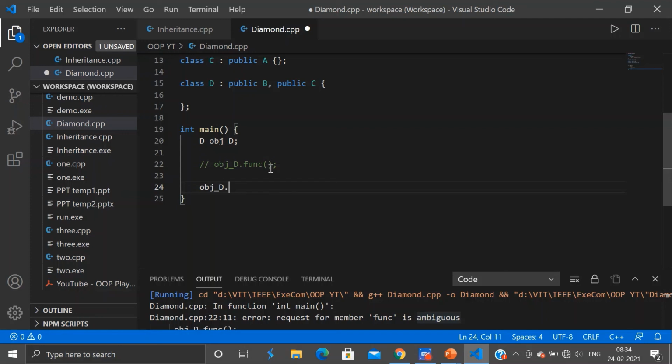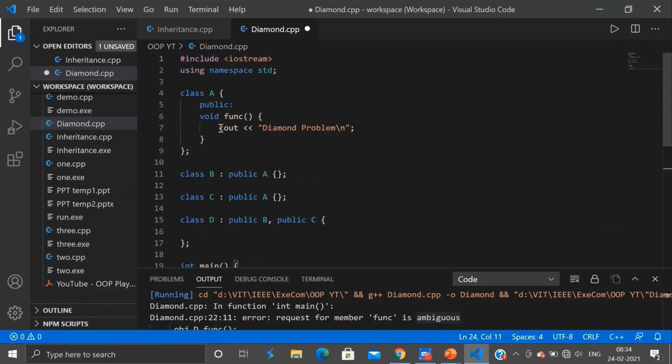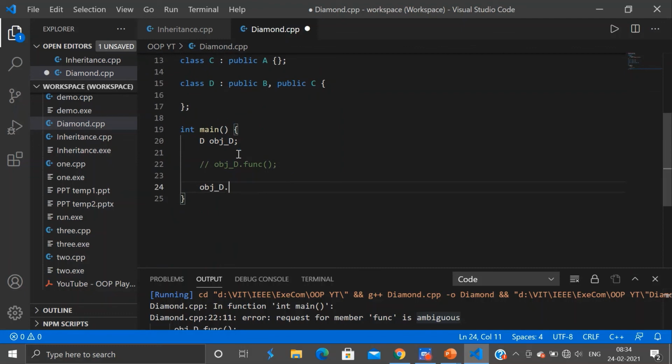For example, if I want my class D to inherit this function from class C, I'll write my object name dot the name of my superclass from where I want to inherit, which is C, and this will be followed by two colons and then the name of the method, which is func. So in this line of code, we have specified that our child class D is inheriting the method called func from the superclass C.